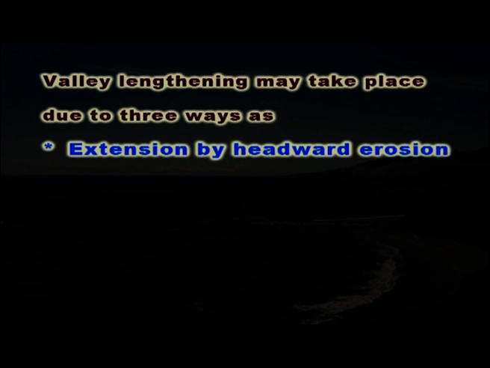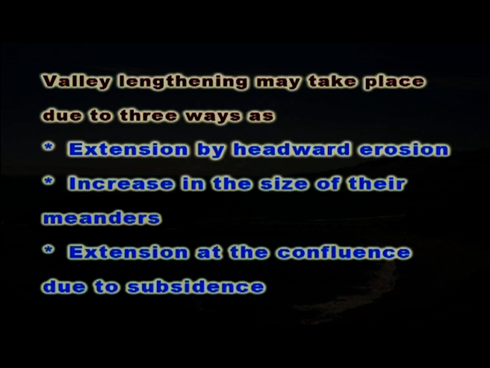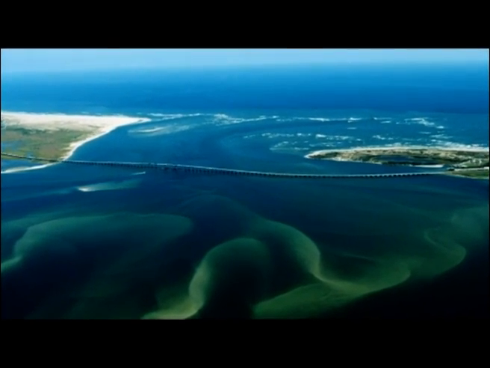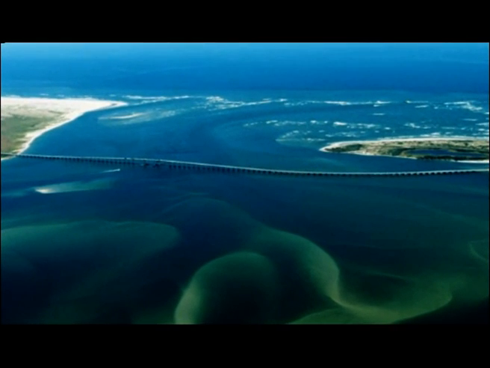Valley lengthening may take place in three ways: extension by headward erosion, increase in the size of their meanders, and extension at the confluence due to subsidence. The maximum downward limit for valley deepening is known as the base level of erosion. In some cases, the channel length may increase due to a meandering course of a river, but the valley length